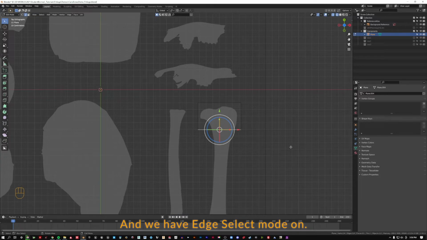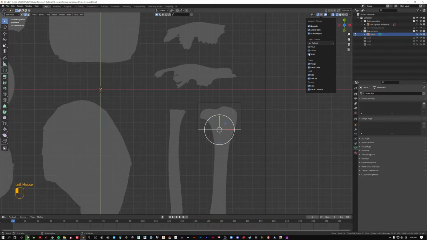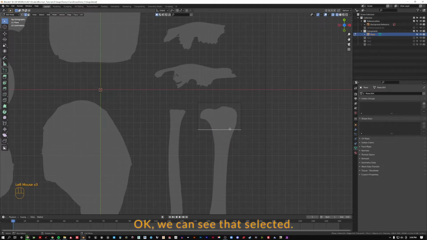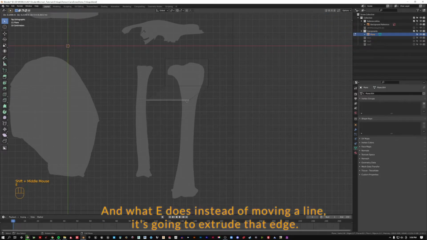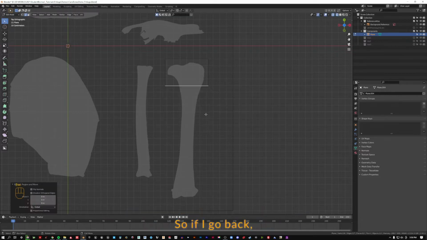I'm going to go back into edit mode. And we have edge select mode on. You can see through the gizmo, I do have that selected. I'm actually going to turn off that gizmo right now. Okay, we can see that selected. And what I'm going to do is hit E on the keyboard. And what E does, instead of moving a line, it's going to extrude that edge. So if I go back,